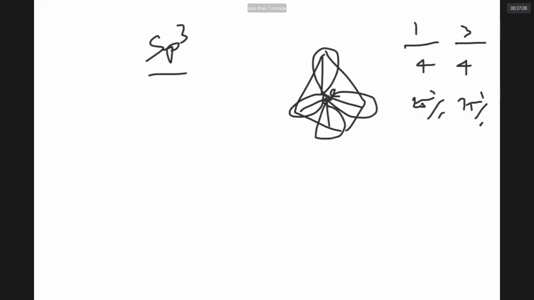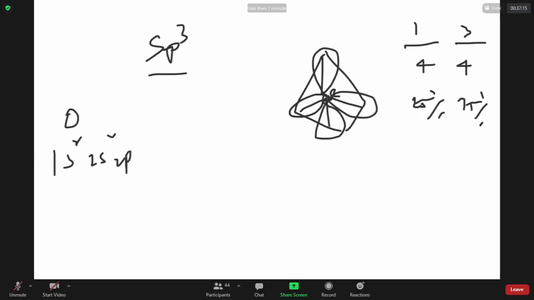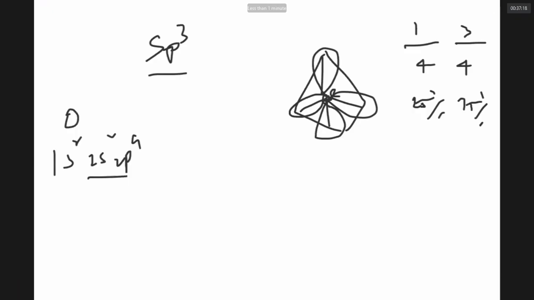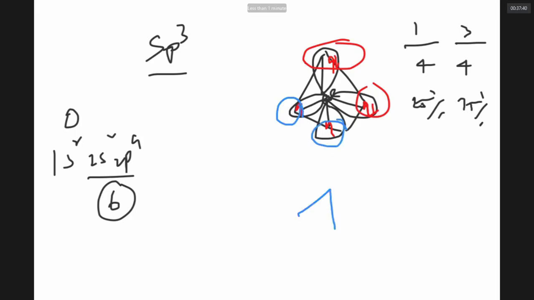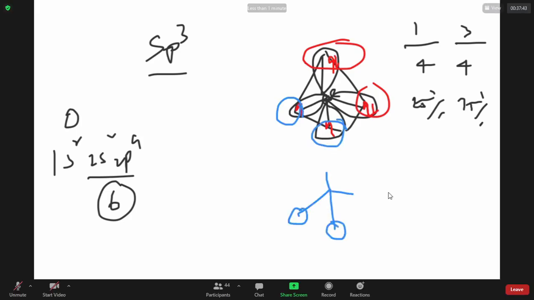Suppose oxygen, which has the configuration 1s2, 2s2, 2p4, makes sp3 hybrid orbitals. How many electrons does it have? 6 valence electrons. 1, 2, 3, 4, 5, 6. How many lone pairs does it have, sir? 2 lone pairs and 2 bond pairs. So it can make only 2 bonds. These are lone pairs. Let us not worry about